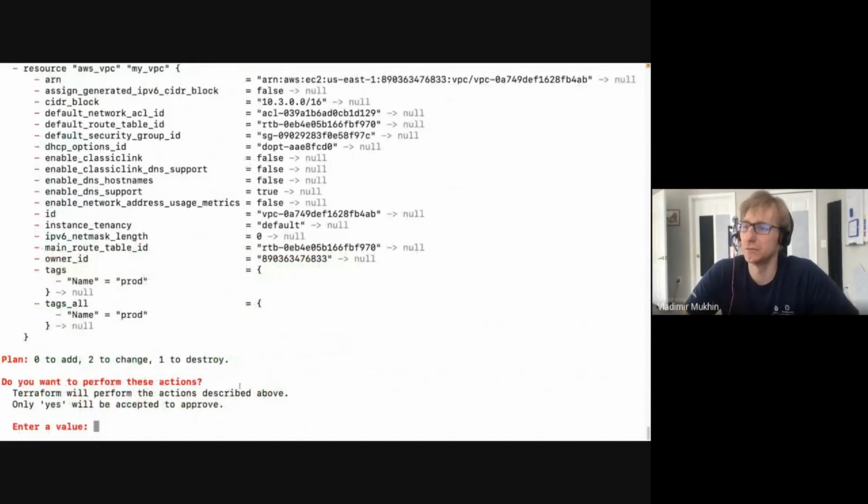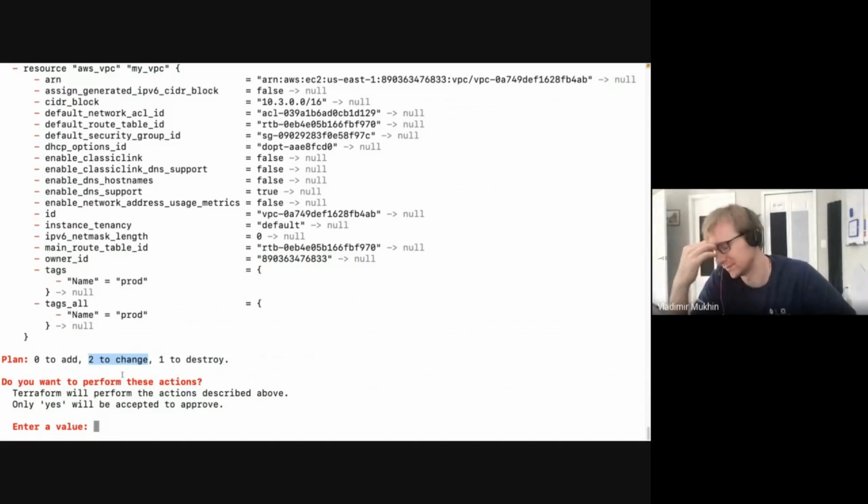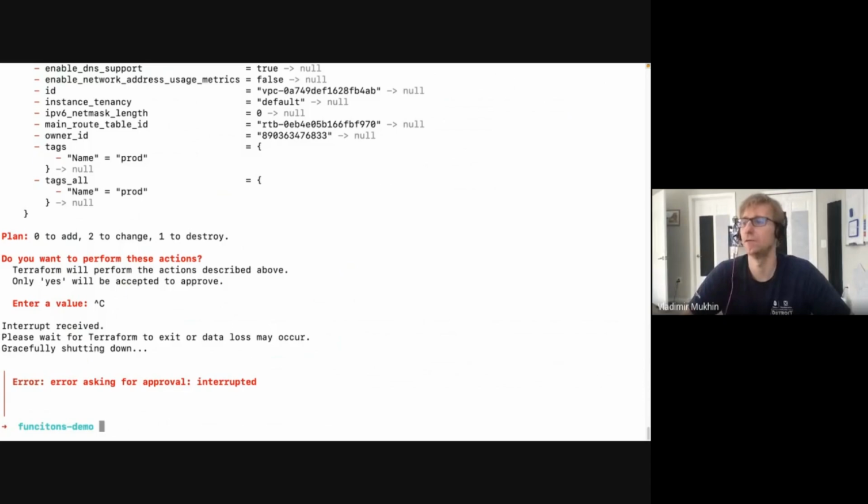So the question to you, why is it suggesting not only that it will destroy one, but also that it will change 2 more resources? Because the index of the CIDR has changed. Yes, totally right. And that's the disadvantage of